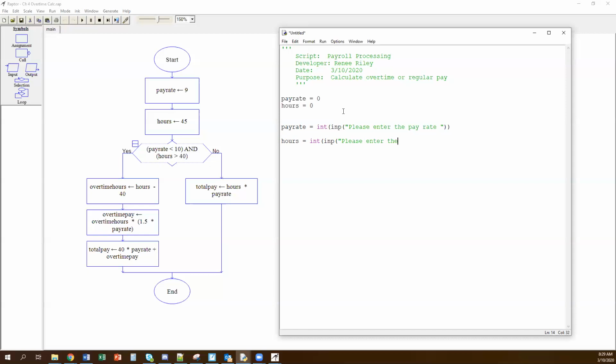Please enter the number of hours. Now, because Raptor made us only enter the condition, we should be able to use that condition pretty much as is. So if pay rate less than 10 and hours greater than 40,